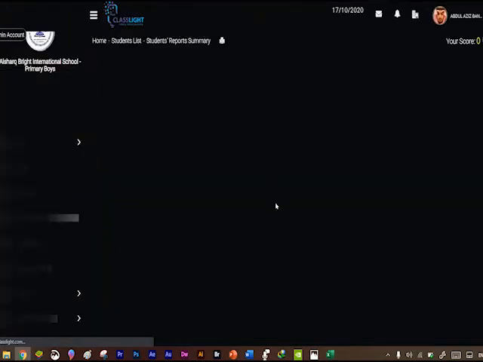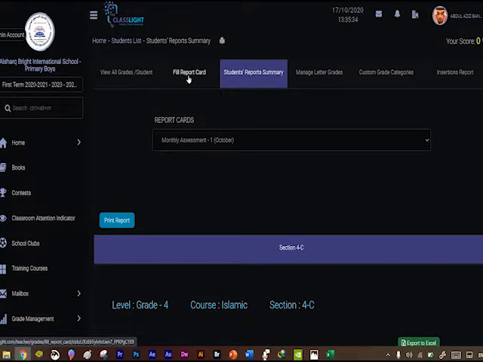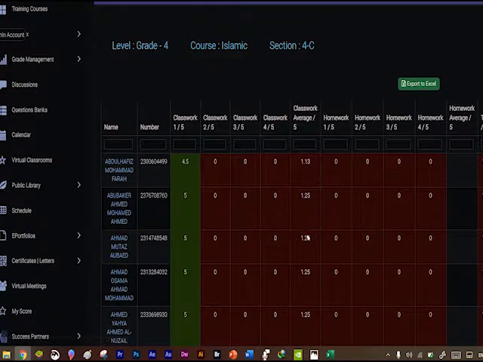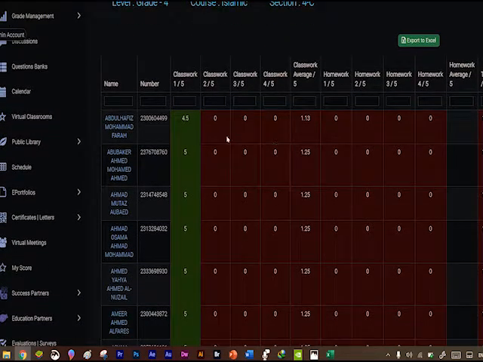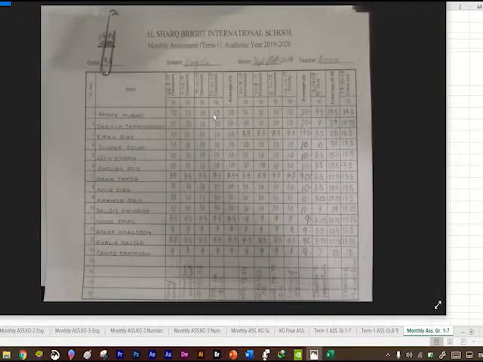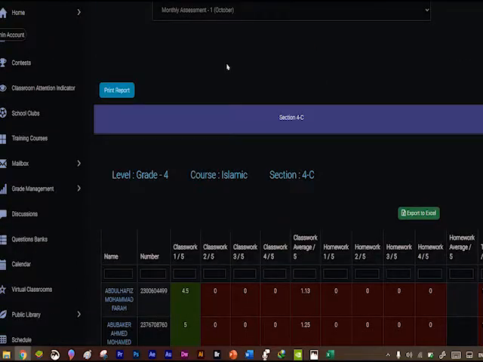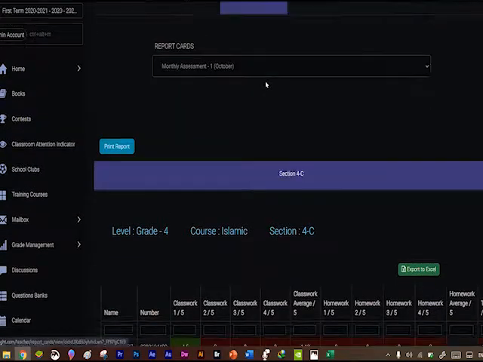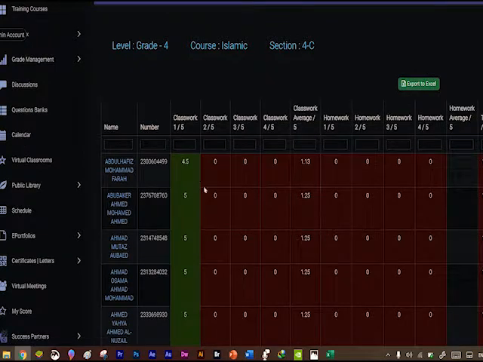Then comes the question of where you will enter the marks: in fill report card. Okay, here as you can see, you will see the same view as you can see in the Excel or this paper that we were submitting manually before. Okay, so in student summary report, you will see all the columns after filling, and also here